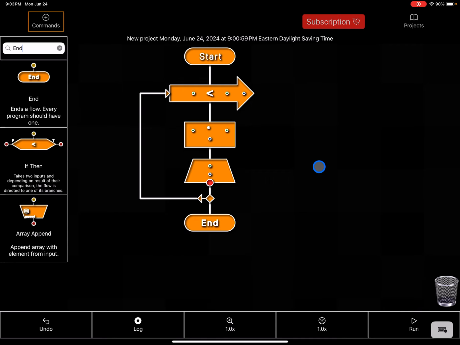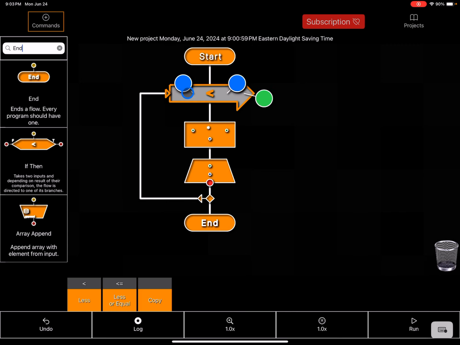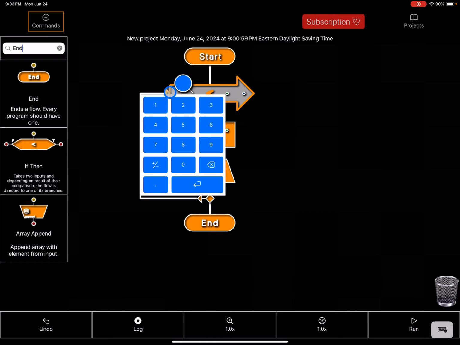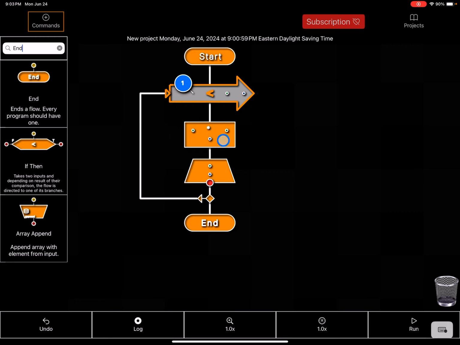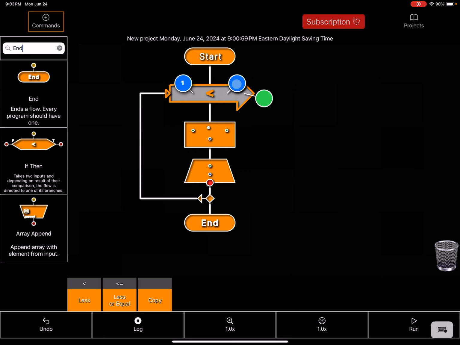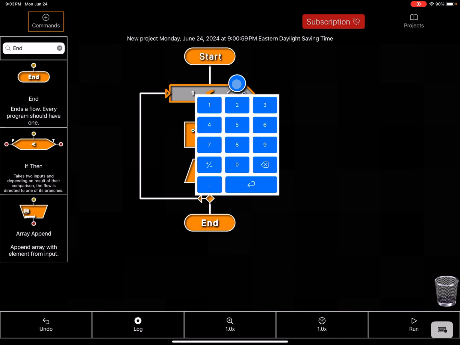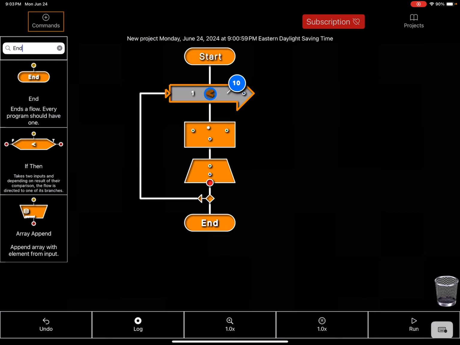Okay, so for today's purposes, we'll be finding the squares of the first 10 natural numbers. So we'll click into our for loop command and into the blue indicators. Each one has a numeric path connected to it. Let's click into the first one and we'll have number 1, enter, and then this one will have 2. We'll have 10. And actually what I want to do, I want to turn these